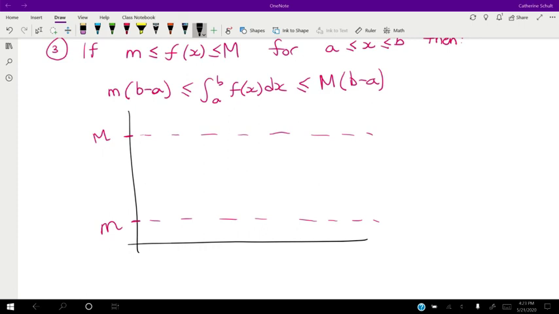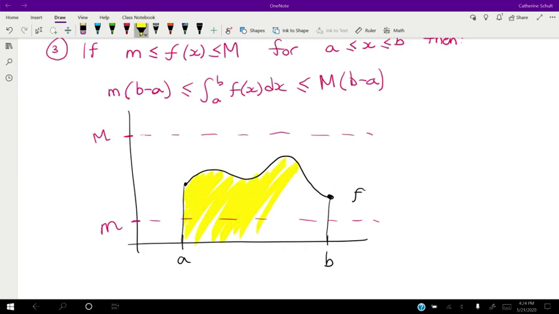Let's get our a and b, because it's only true for a and b. Again, we don't really care about what happens outside of a and b. We just have to be between those two lines. So what we're saying then is that the integral from a to b of f of x,